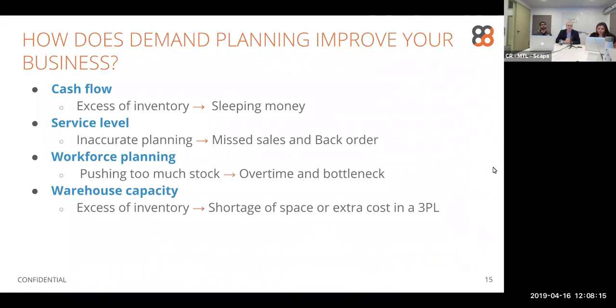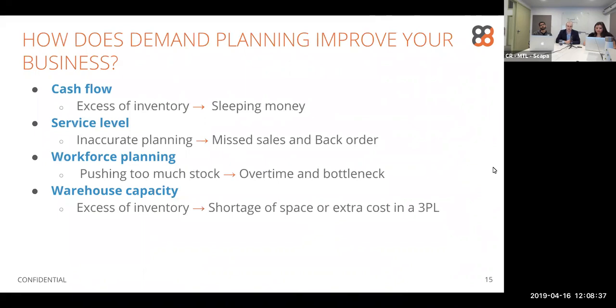So if we start with cash flow, this is normally where it always starts with the finance department, where they're going to say to the operations group, you are holding too much money and we are stuck. We need money, a little bit more liquidity. So why would you be in need of cash flow? Well, if you are not planning accordingly,